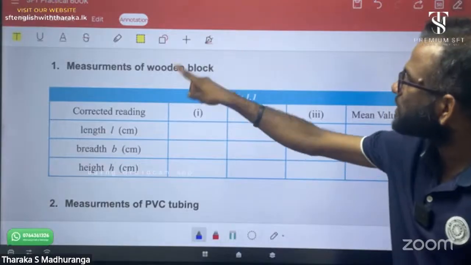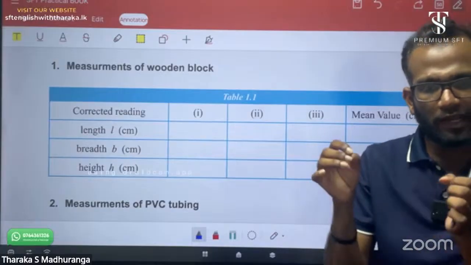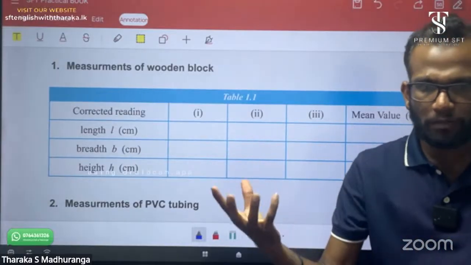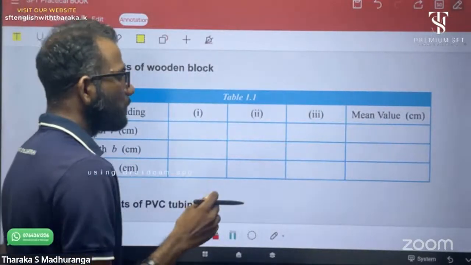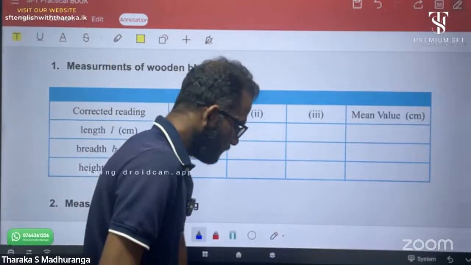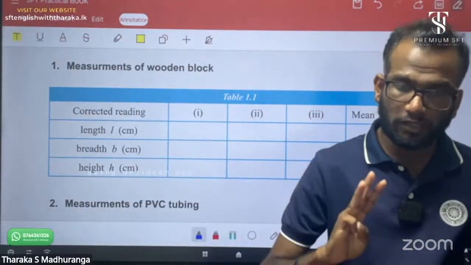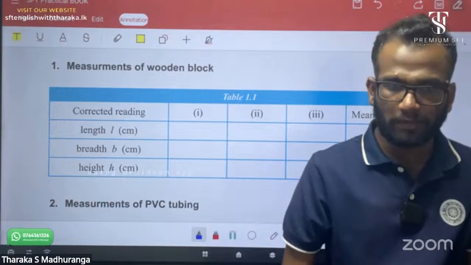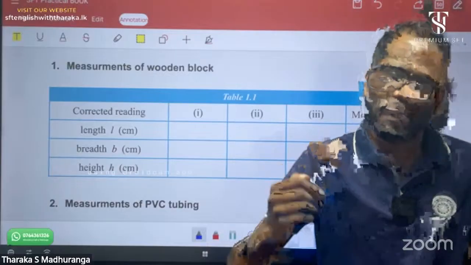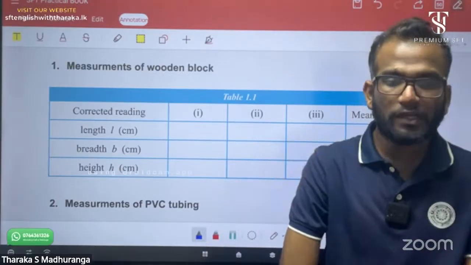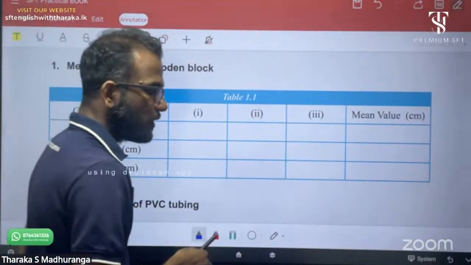This is the method for measurements of a wooden block: the length, width and height. If you get the length, width and height of a wooden block, you can get the volume, right? Now when taking measurements, the recommendation is to get 3 measurements to get more accurate measurements. These are the points to remember in practicals. In the recommendation of taking measurements of any instrument, get 3 measurements. We have to take the length 3 times at 3 points.